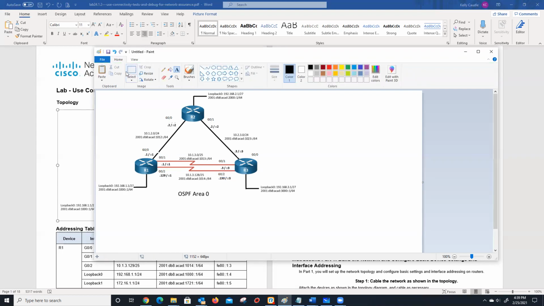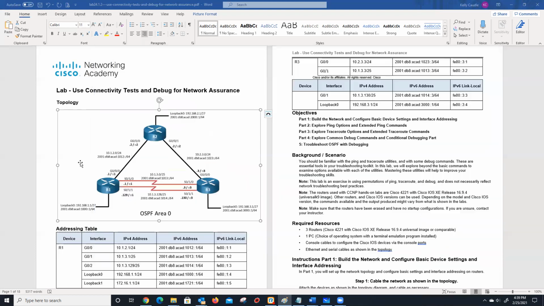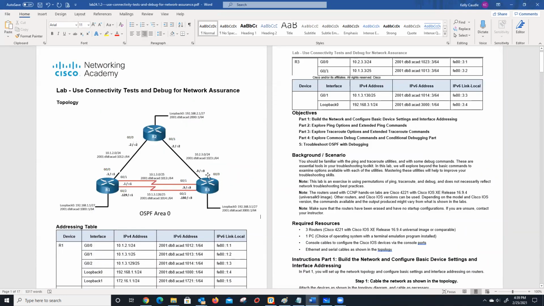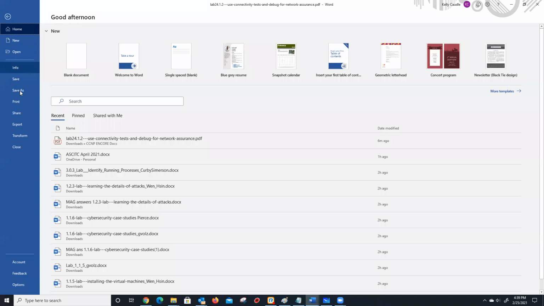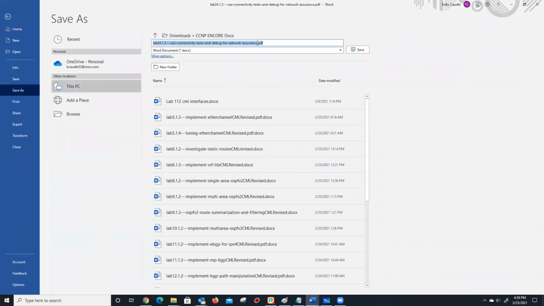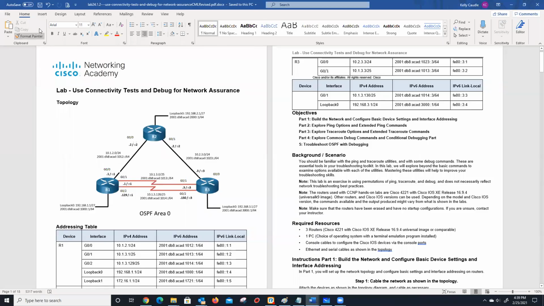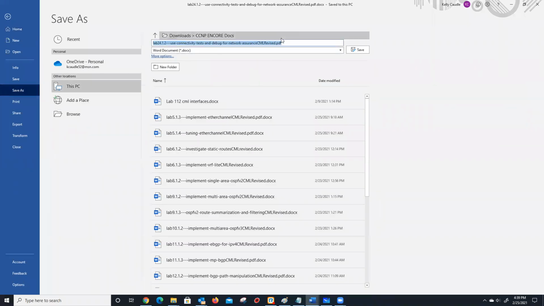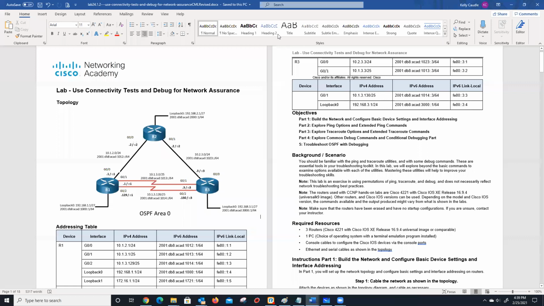All right, and then I just select it, Control C, delete that, Control V, check it, 00, 00, 01, 00, 1212. Everything else is a loop back. And lo and behold, folks, we do a save as, we add in CML revised. And actually, I hope it saved it as a Word document. Yep, I need to get rid of that PDF portion. CML revised Word document. And then I go back to class